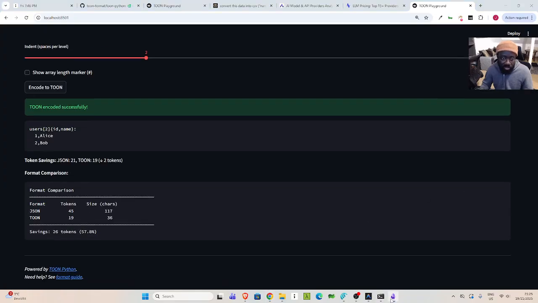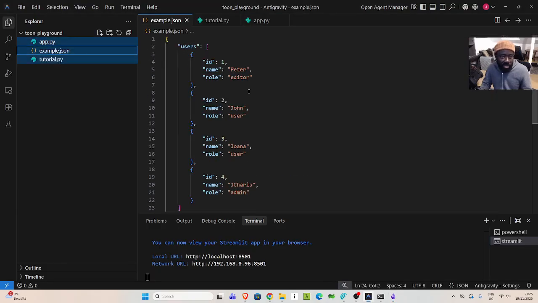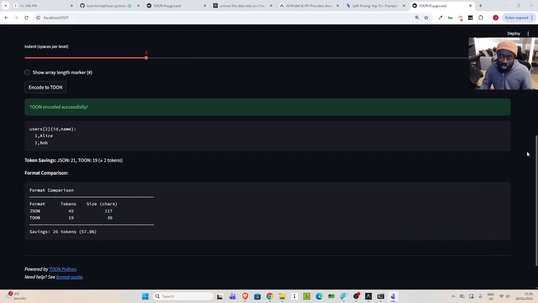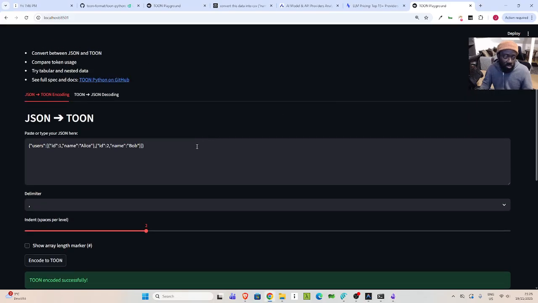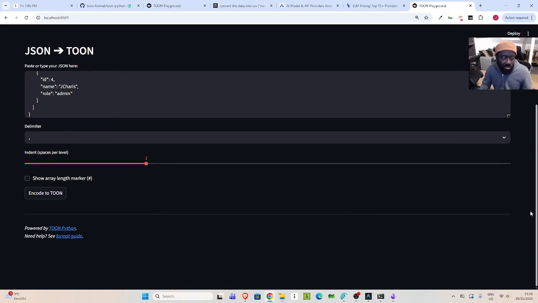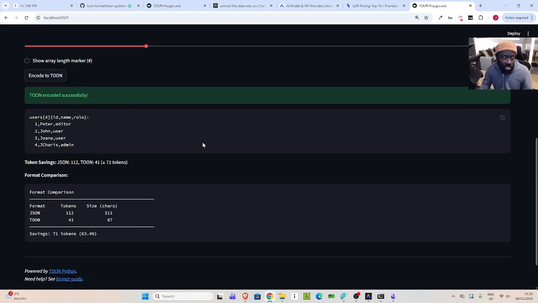Let's use a different, more complicated one. So I'll go back here, I'll copy this entire data, and let's see if we can use our application that we have built with Streamlit to be able to encode it. I'll paste it here. Then we have a delimiter. Sometimes the nesting of the indent may affect it, but let's check. Perfect. You can see from here that our Streamlit application was able to encode it perfectly well,